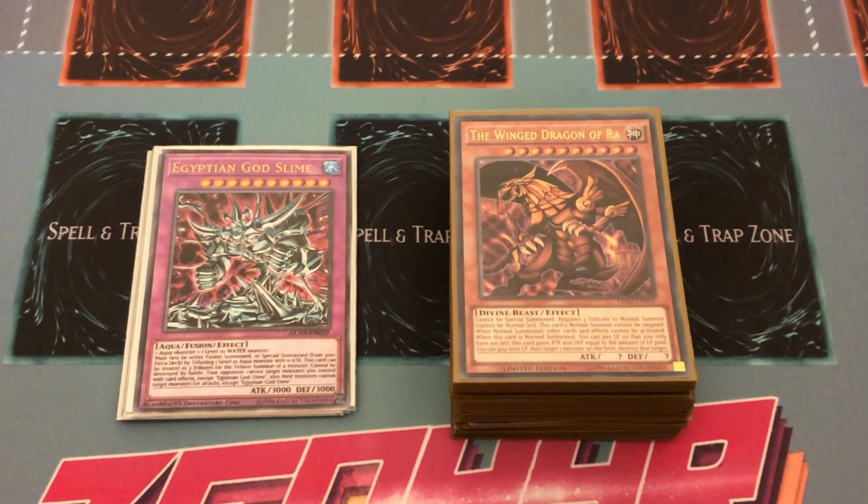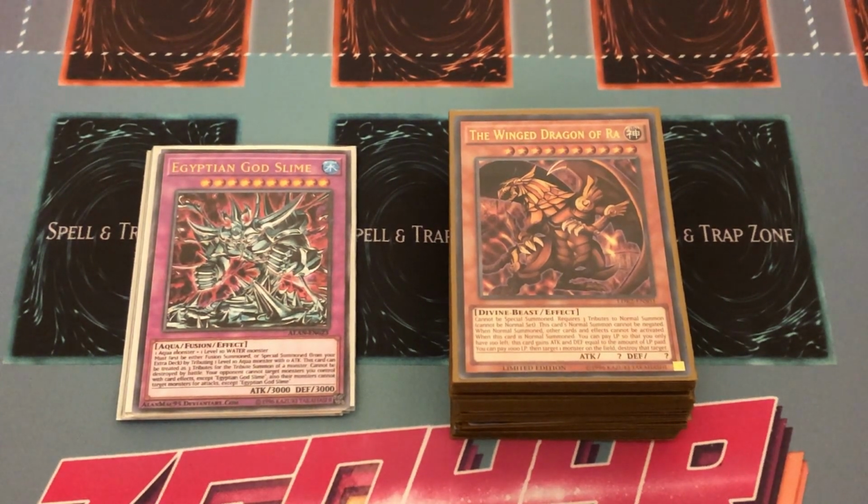What's up YouTube, this is Joe from Z4 Games and I'm bringing to you guys the Winged Dragon of Ra deck profile. So obviously this is post Rage of Ra set, which on recording this video is pretty much out. But unfortunately, as you can see, I have not got my Winged Dragon of Ra card copies yet, so I'm gonna have to show you guys this profile with proxies, but proxies done by the fabulous Alan Mack